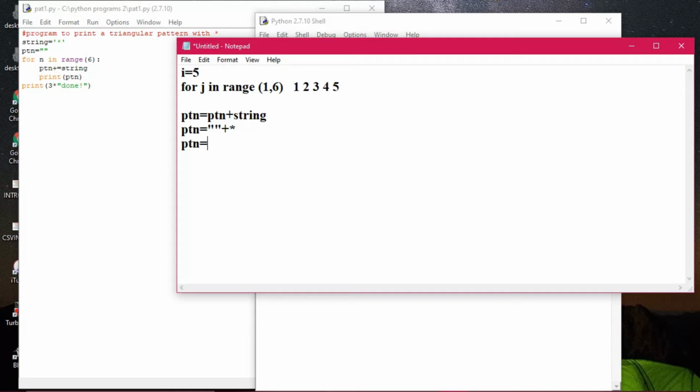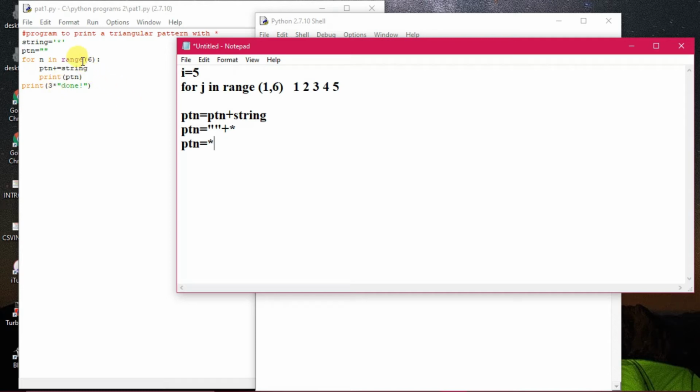Now what is happening out here, you see, star. So star will be printed once. Then it will not come out since we are inside the loop body, because this is called indentation. So the indented block will be inside the for loop block. That is the nature of Python programs. If you follow the indentation, it means these two statements are inside the for loop. Now you see out here how this happened. Okay, then leave this particular statement.